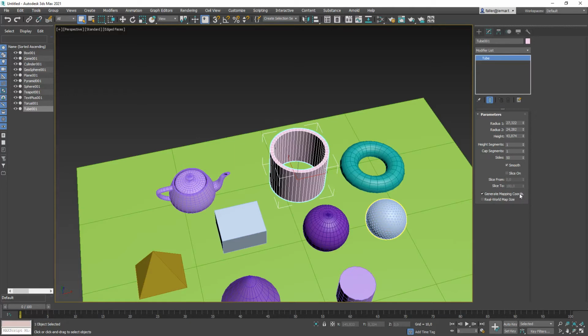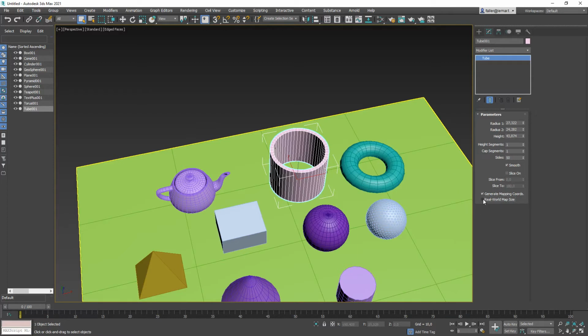It means if you put a material and a texture on it, it knows how to place the material on it. It might not look good, but it knows at least how to place textures on it. Also, you don't want this button to be turned on because that means the mapping coordinates that are automatically created are real-world map size. Basically means that every texture is only 1 meter in size. So if you put a texture on it, it will be really small, depending on the size, of course, but